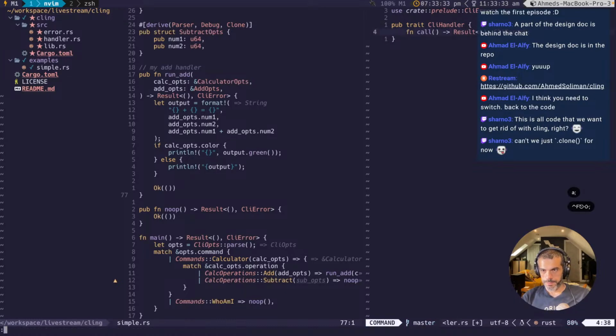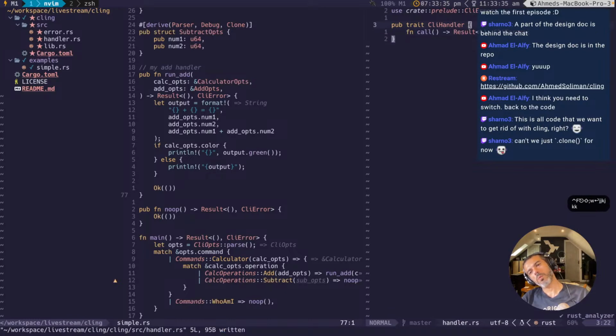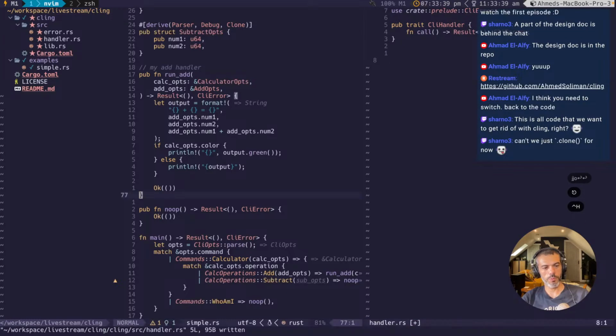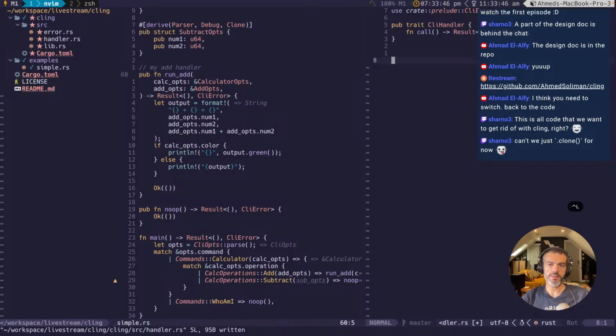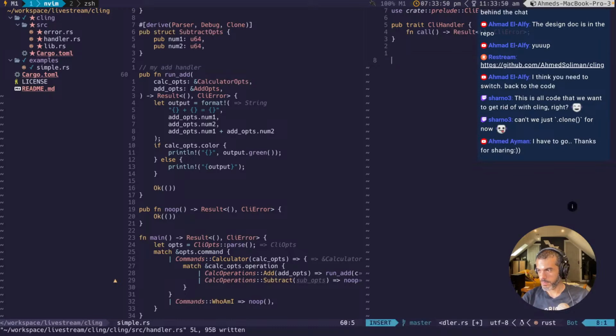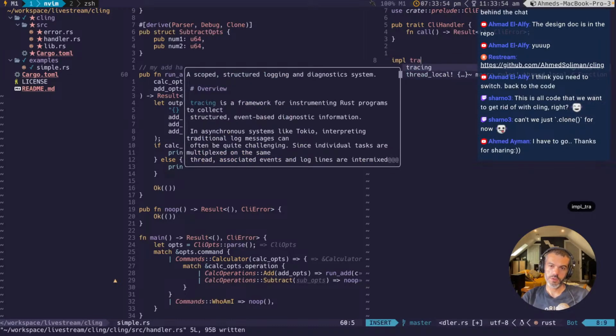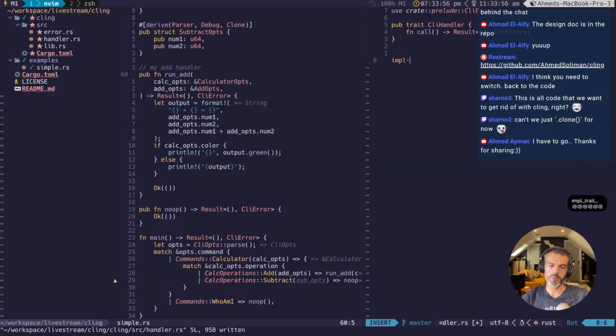Yep. And we need to implement this. So we need to have any arbitrary function like this need to implement this handler. That's the same strategy that we've seen in Axum last time. So let's do that. So let's do impl CLI handler for f, and let's start with a simple